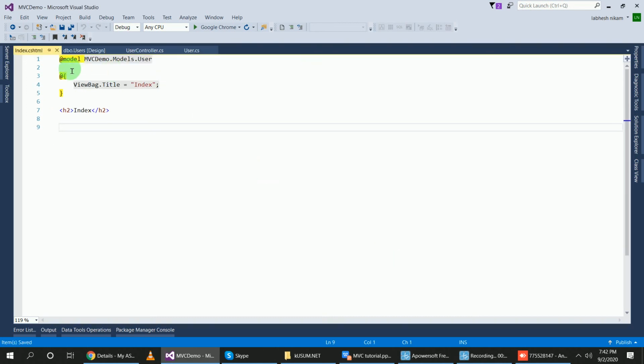Okay. So this namespace is added here, @model application name dot models dot user, which means inside of the model folder there is a user class, so I can access all the fields of that class inside of this view page, right? Now